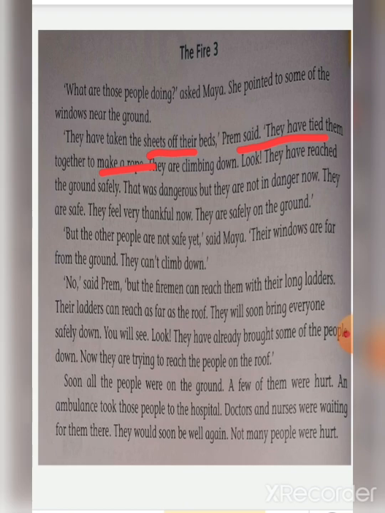Now they are trying to reach the people on the roof. Soon all the people were on the ground. A few of them were hurt. An ambulance took those people to the hospital. Doctors and nurses were waiting for them there. They would soon be well again. Not many people were hurt.